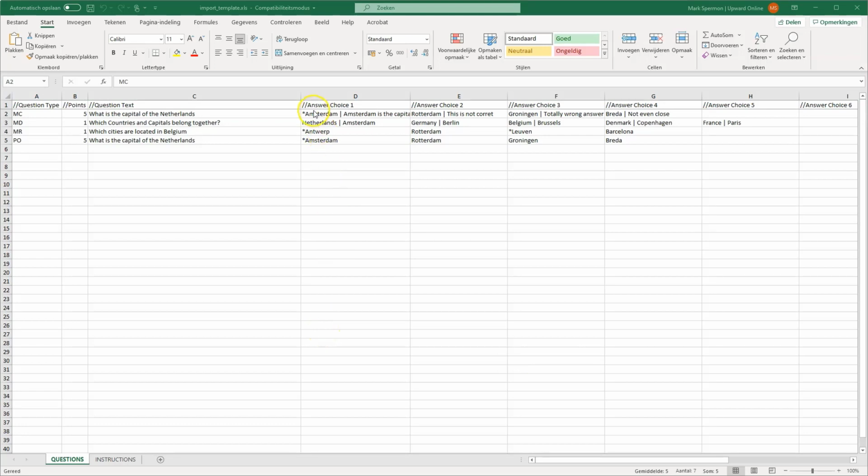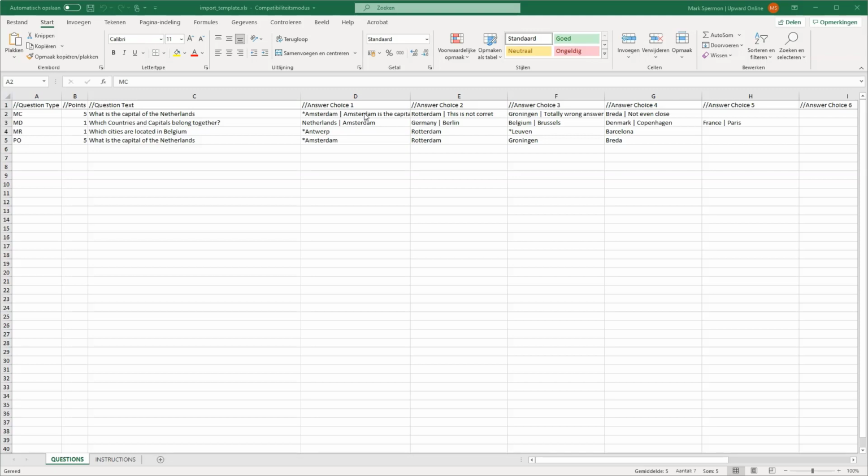In different cells on row 2 and also on rows 4 and 5 you can see asterisk signs. With this sign you can mark an answer as correct, so Storyline knows that this is a correct answer. After the answer option and after the pipe sign you see feedback. This means you can have specific feedback for each answer option. If you don't want that and you want to use the normal feedback that is already in Articulate Storyline, you won't put feedback in your Excel file, and Storyline uses the normal correct and incorrect feedback that is in the Storyline questions.